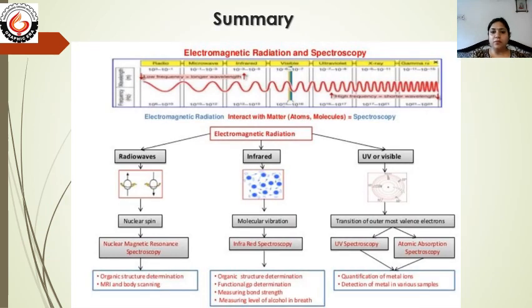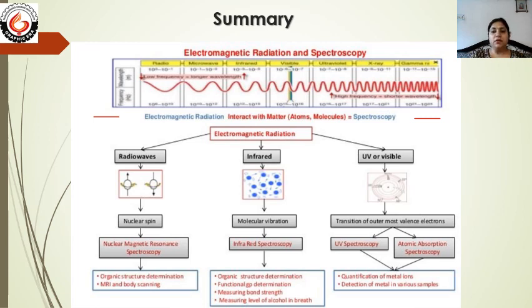Now we have completed all three types of spectroscopy. Let's take a summary, so that we can easily differentiate between these three. Here the electromagnetic spectrum is shown, the different ranges of the spectrum with different frequencies and different wavelengths. As you can see, UV visible is on the higher side, the wavelength is lower and the frequency is higher. And then IR, which is having a medium frequency and medium wavelength, and then radio wavelengths, which have the least frequency and maximum wavelength.